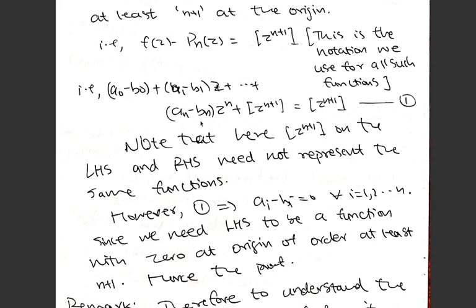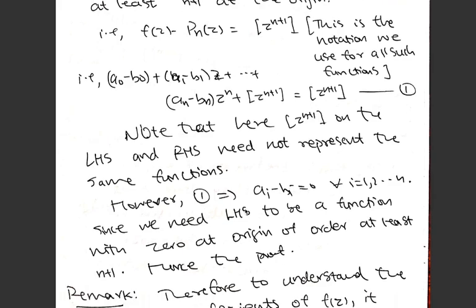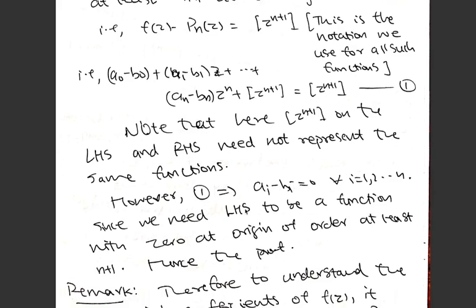Now you look at that. This happens only when the first n coefficients are 0. So that will give you a_i minus b_i equal to 0 for all i equal to 1 up to n. So if you need more clarity, it suffices to equate the things at z equal to 0. And what happens here, you will have 0, here everything 0, a_0 equal to b_0. Then take the derivative and equate to 0 and so on. That is connected with the order of the 0 and all. We have order of 0 at least n plus 1.